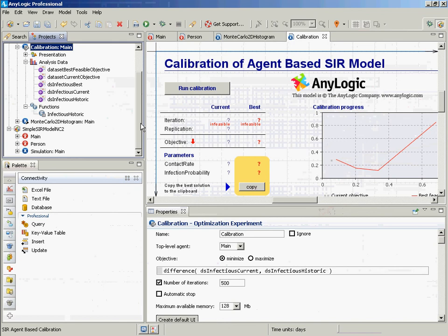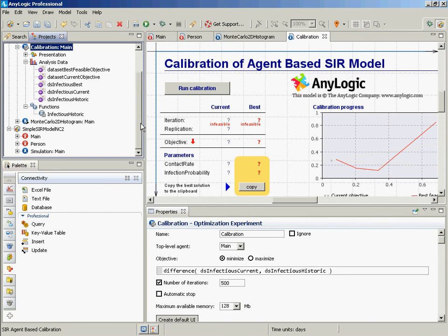and it's trying successively more refined values of the parameters. Initially the best objective function is quite poor, then over time it gets better and better. The current output is shown in blue, the output from the current realization, and the best output shown in red is from a particular replication, the particular set of parameter values that seem best. It's going to run this again and again, trying to identify the set of parameter values that over 5 replications seems to offer the best mean match as measured by